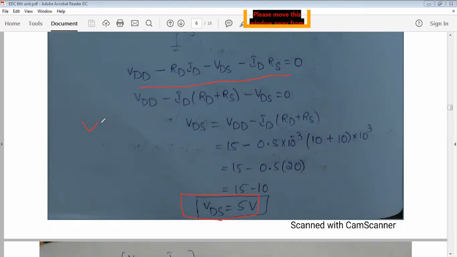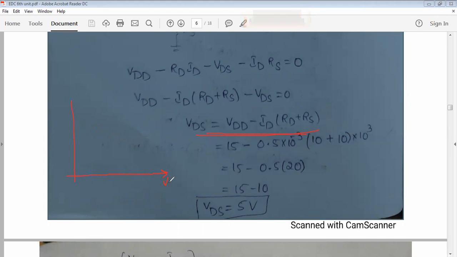So we calculated the three values. VGS is equal to 2 volt, then ID is equal to 0.5 milli and VDS is equal to 5 volt. Okay. By using these two, we can find the input Q point. By using these two, we can find the output Q point. By using this expression also, we can easily draw the DC load line. Observe here, by using this output expression, we can easily draw the DC load line.